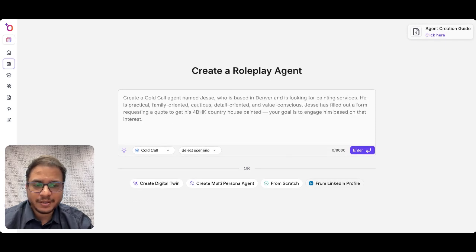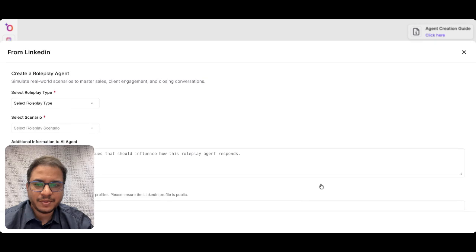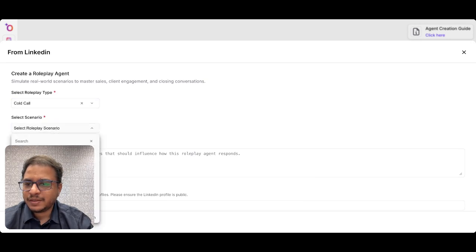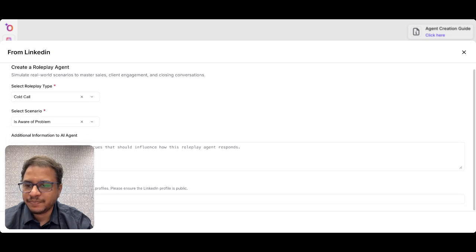So since we are creating a roleplay agent from a LinkedIn profile, I select this option from LinkedIn. Let's select cold call as the roleplay type. We can select one of the default custom scenarios, or we can create a completely new one. So let me just select that the buyer is right now aware of the problem that we are trying to solve. Any extra information that you would like to add, you can put it over here